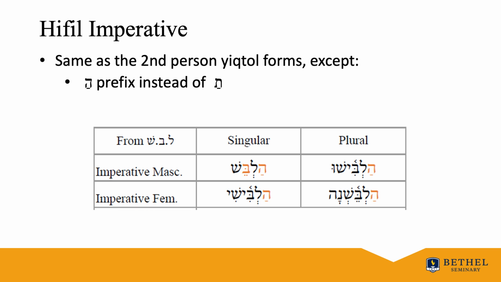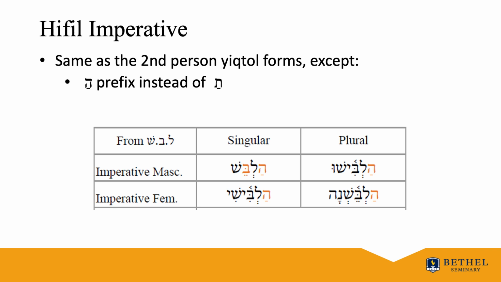So let's look at this. We have the verb lavash, to clothe, and lavash in its Hiphil imperative, second masculine singular form, is halbesh. There are a few things to note here, right? Of course, the hey prefix, and once you note the hey prefix, look down to the vowel pointing. You see that it is a patach beneath the hey, followed by a sheva under the first radical letter. These two things will point you to the fact that it must be a Hiphil, and it's specifically a Hiphil